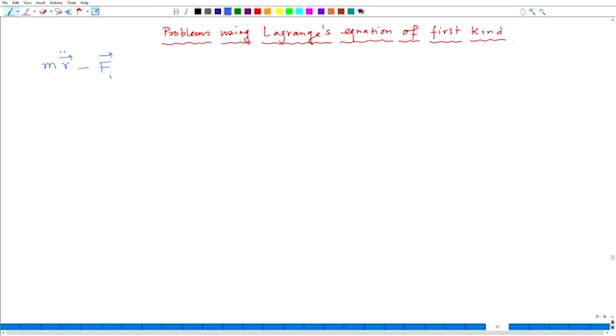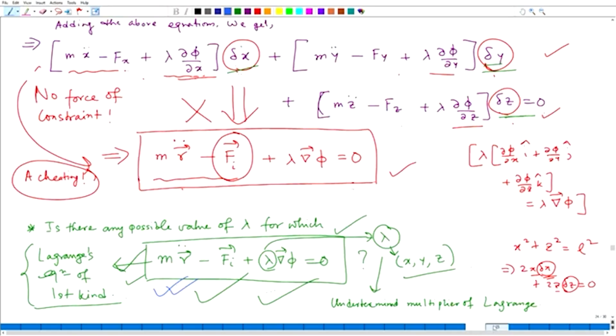This is only the force to which the particle is subject, and this is not the force related to some contact or some tension or some response of any medium or material. This is the force field in which the particle is subject to move, and this excludes any type of constraint force, plus lambda times